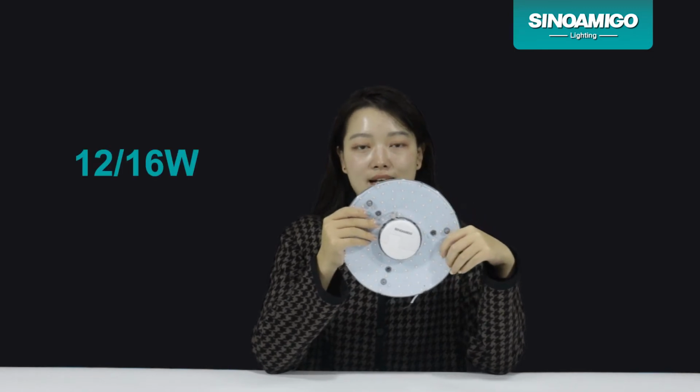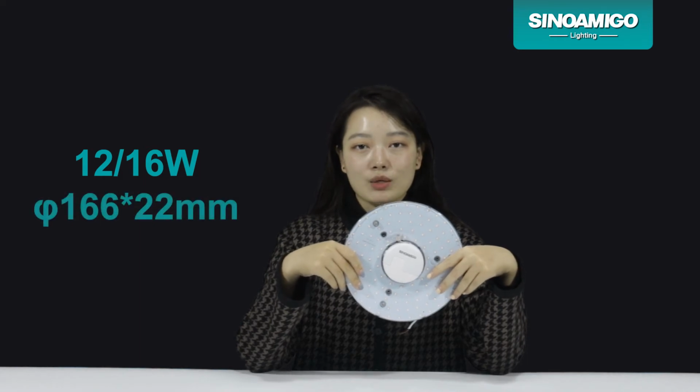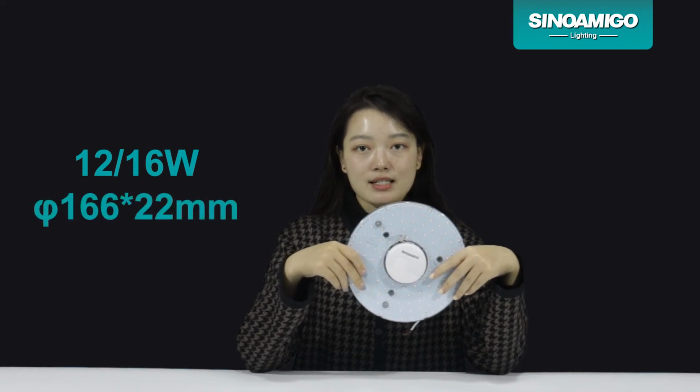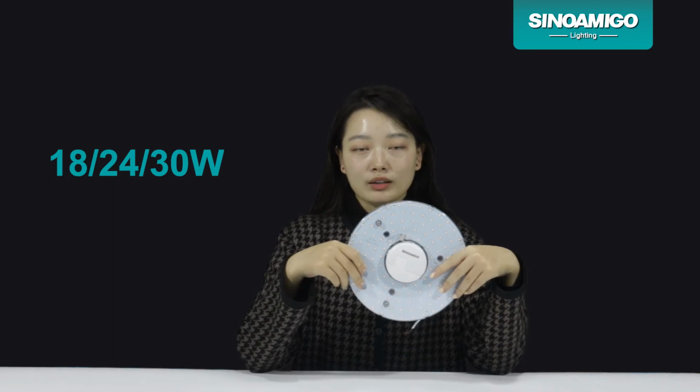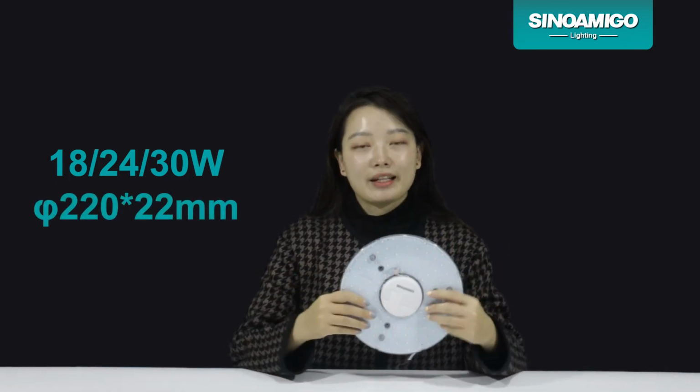If your base is made of plastic, we can also use screws to fix it. You can see that there are 3 holes here. This module has 5 wattages, which can be adapted to different sizes, namely 12 watt, 16 watt, diameter is 166 millimeter. 18 watt, 24 watt, 30 watt, diameter is 220 millimeter, and also have 3 color temperatures: yellow light,